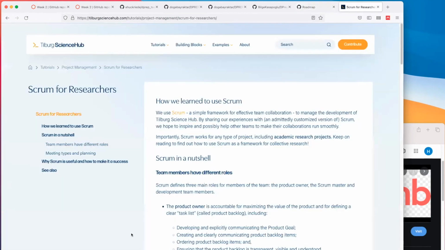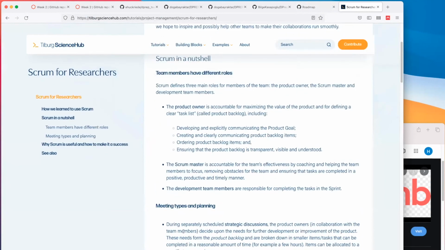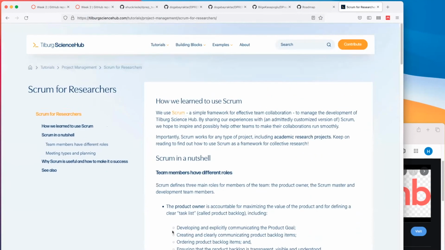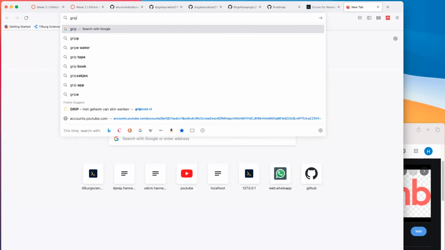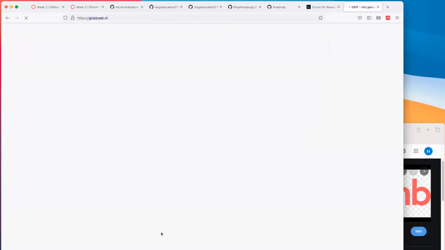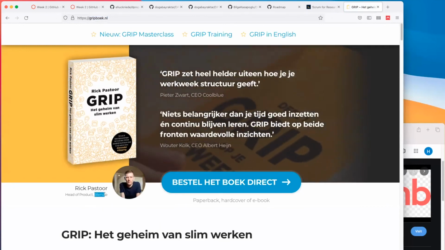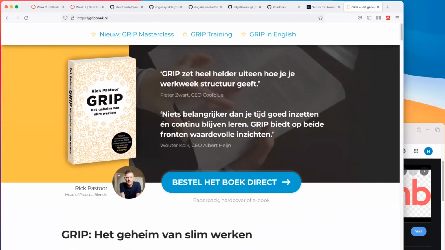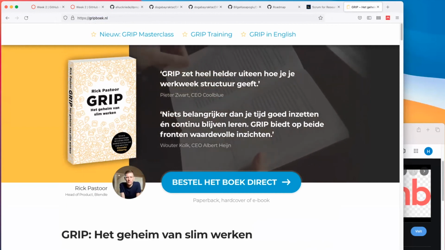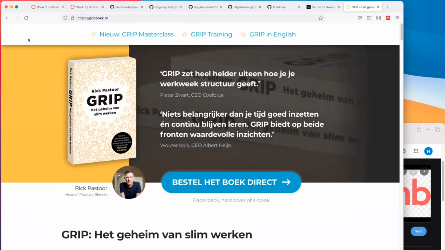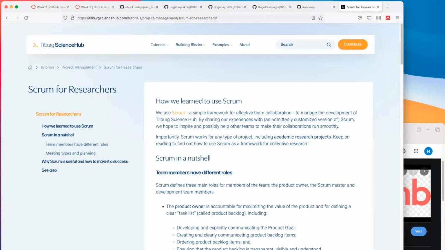And the Scrum methodology article is a very honest article on how I learned this. Well, I didn't write it. It's a colleague of mine who wrote it. So check it out. It's a very important tool. And if you want to know more about this, there's an amazing book in Dutch on project management by a guy who worked at Blendel, who still works at Blendel. I love this book. Maybe it's in the library. Maybe you can find it somewhere. This explains this method really well, and I always give it to my new PhD students because I really like how it works. So use it as a way to upgrade the way in which you collaborate.